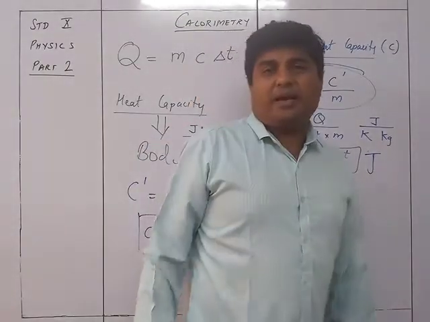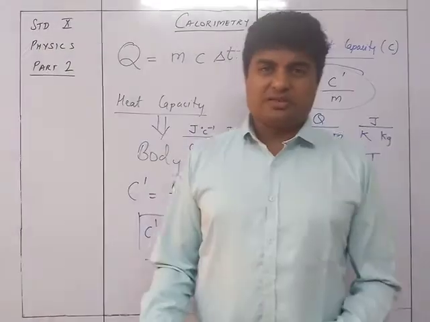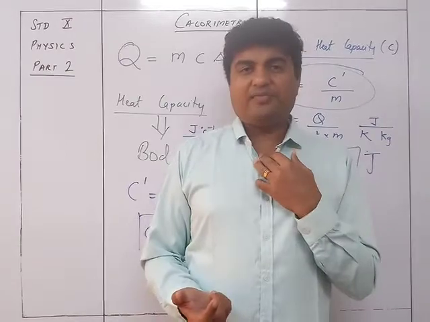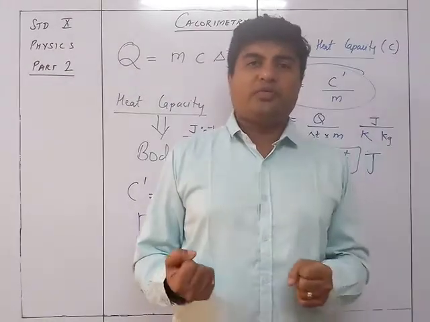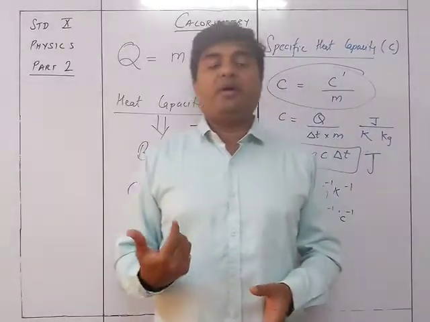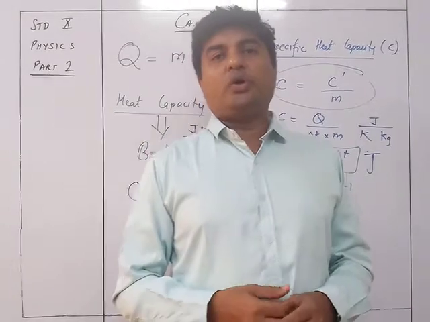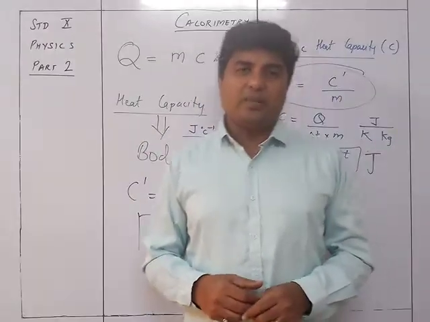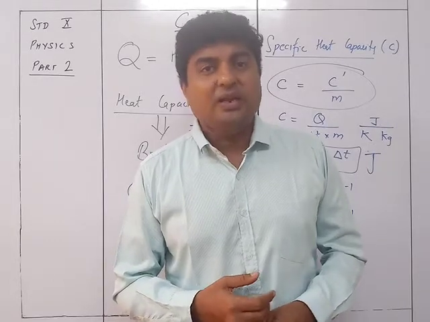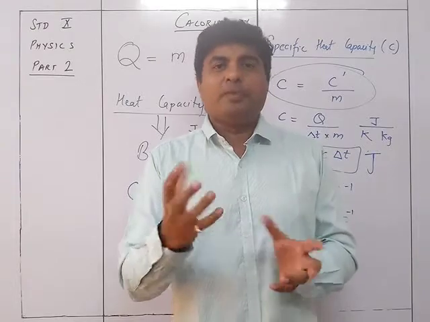See, basically in calorimetry what we are doing is that we are going to see the difference in the temperatures of the two substances. So whatever container you are using, if that container is going to absorb a certain amount of heat energy from the liquid or from the other body, then it is going to be a waste. That's why the material we use for making a calorimeter will be something which has a very low specific capacity, so that it is going to gain the temperature from the substance very fast.